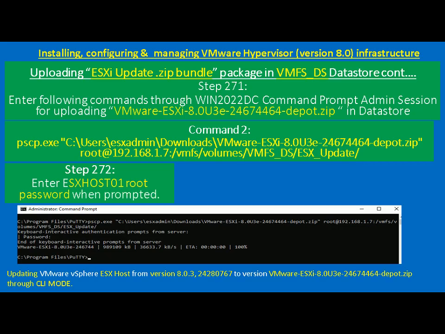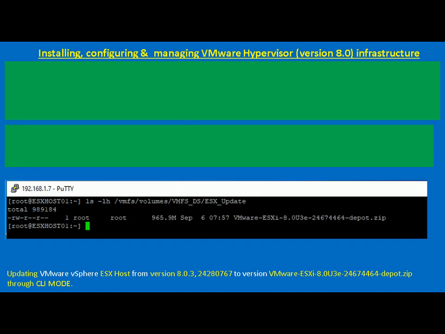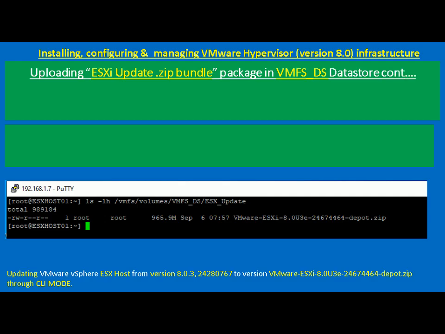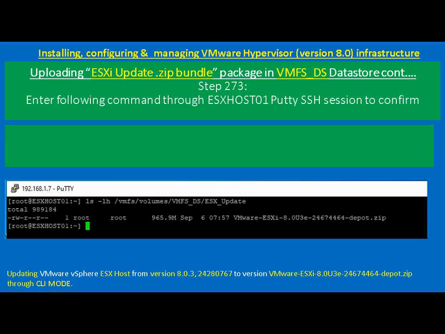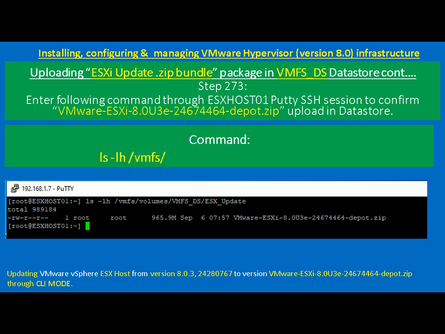So that we have already done, password we have already entered, and our upload also completed. So next, we need to re-verify whether that zip file has been uploaded in our ESX update folder. So we need to enter one more command over here. So what will be that command? Enter the following command to confirm that our zip file is uploaded in the datastore. So I'm again listing the VMFS volumes, VMFS DS, that is our datastore name, ESX update